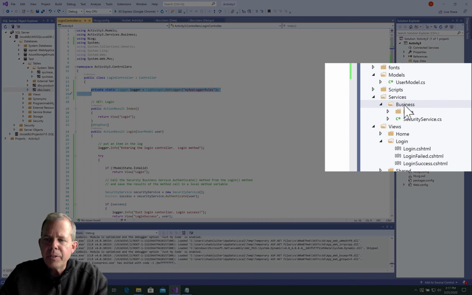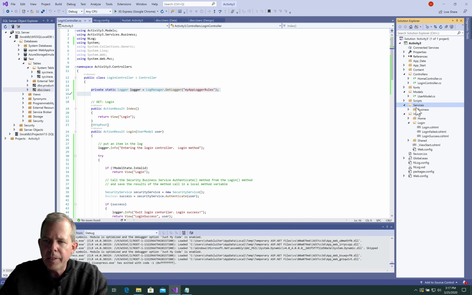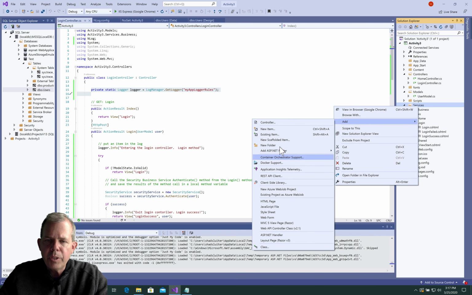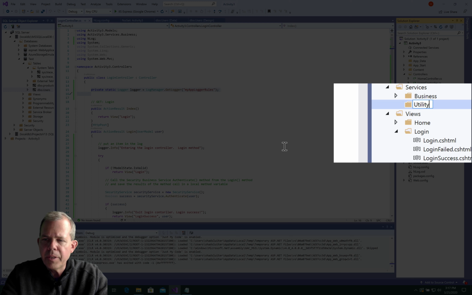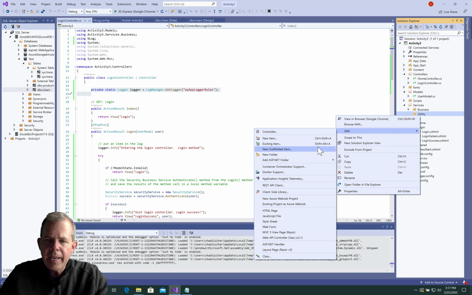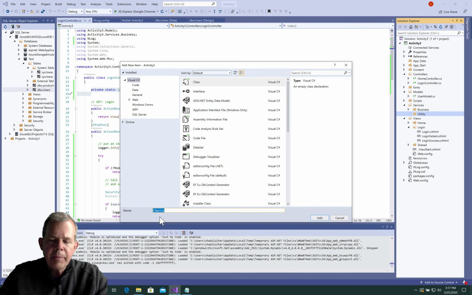The first thing I want to do is to go find the folder in services over here, and let's open up the services area and let's create a new folder. And we're going to call this thing utility. So new folder and utility. Utility is where you put things that are kind of generally used throughout the whole program. Now I'm also going to add a new item here. So let's choose a class, and I'm going to call this thing